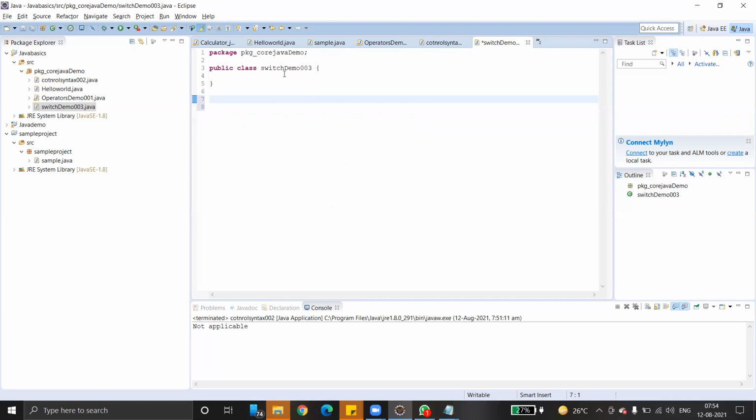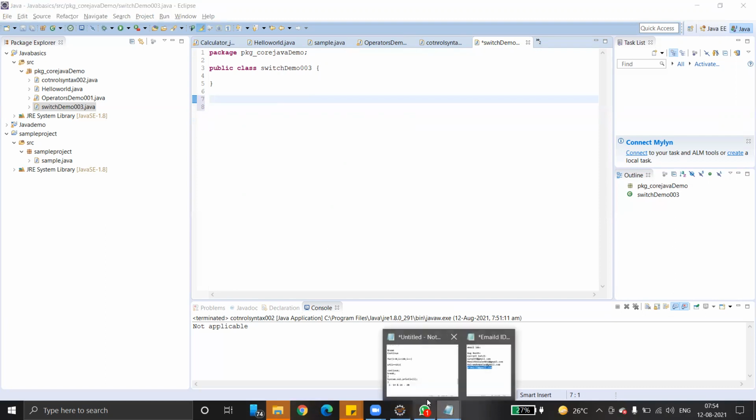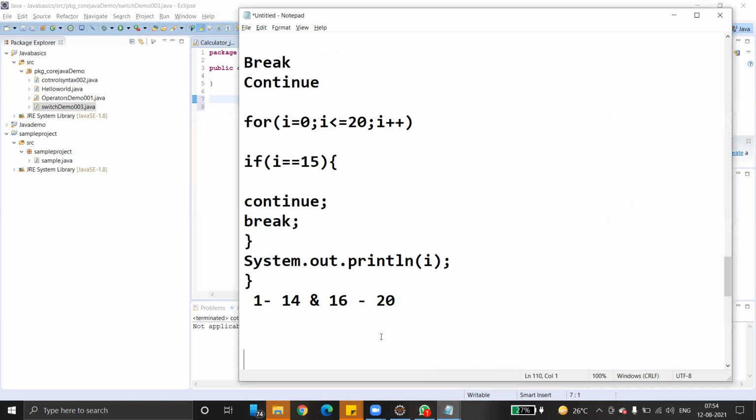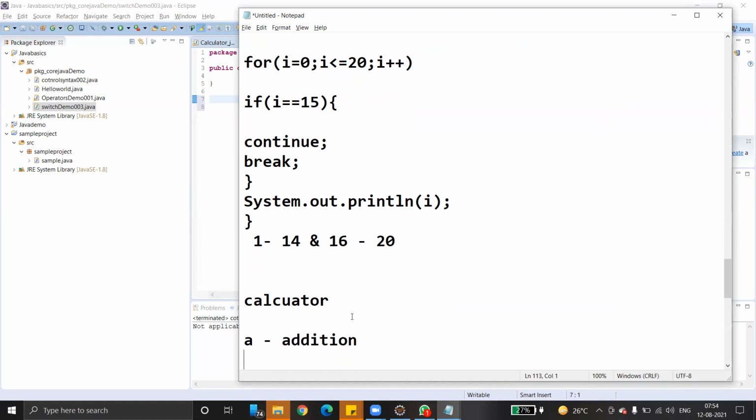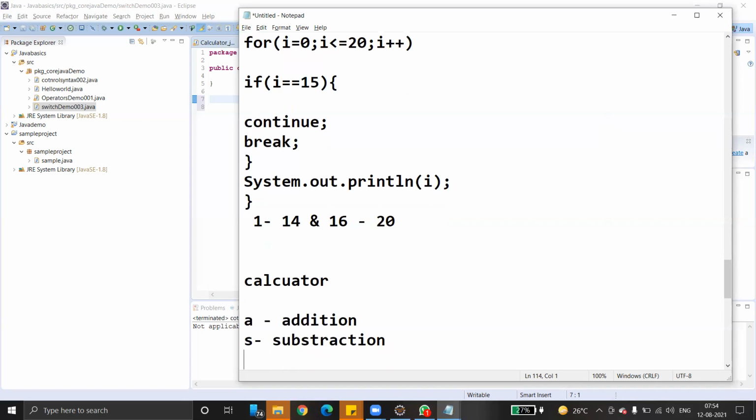You implement it; I want you to do hands-on. Just create a calculator class. At runtime, I want to enter data into the console. If I enter A, it should go to the addition. If you enter S, it should go to the subtraction. If you enter M, it should go to the multiplication.